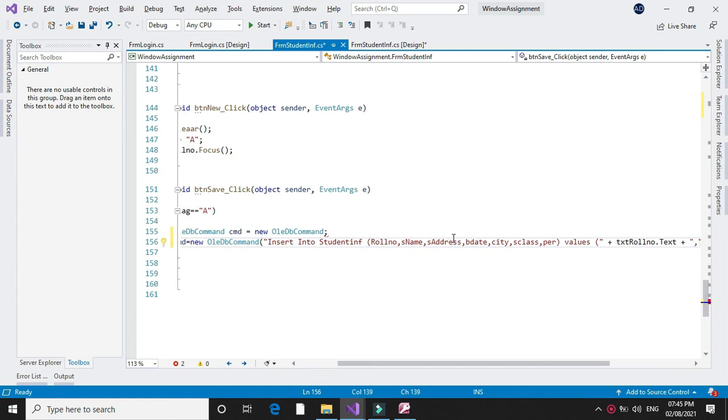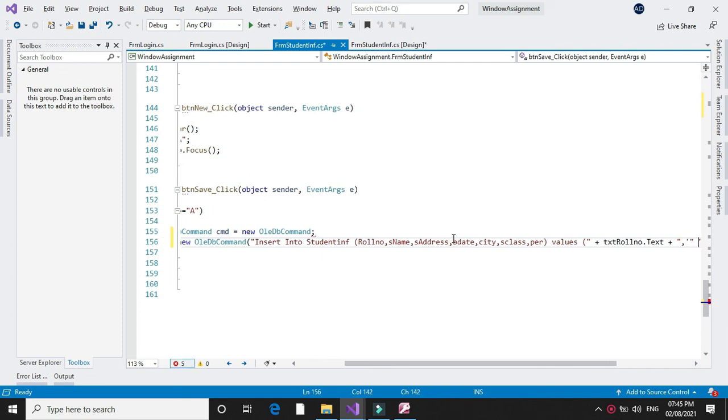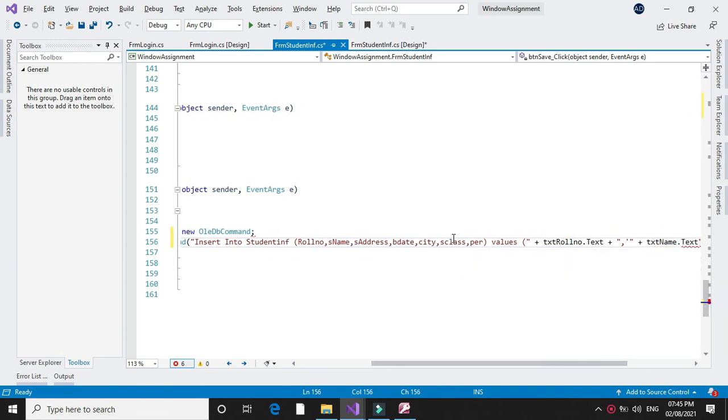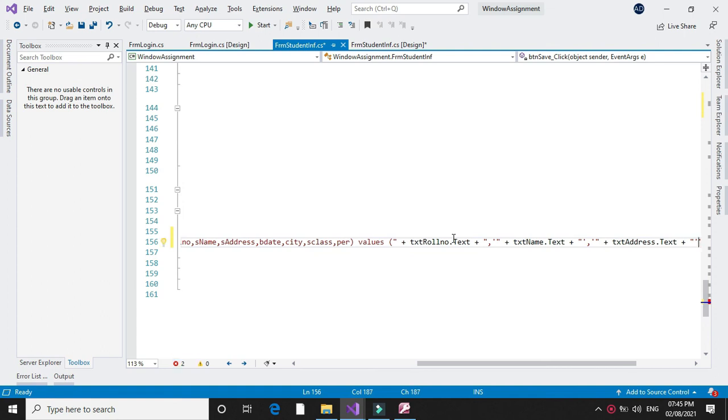We will provide the name. Data type of S name is string, so we will give single quote, then double quote plus txtName.Text plus double quote single quote, then address, which is also a string, so single quote double quote plus txtAddress.Text plus double quote single quote, then birth date.